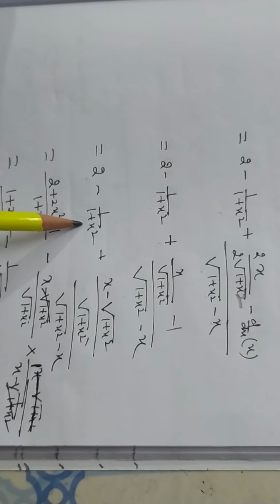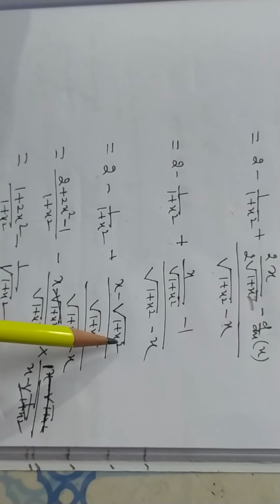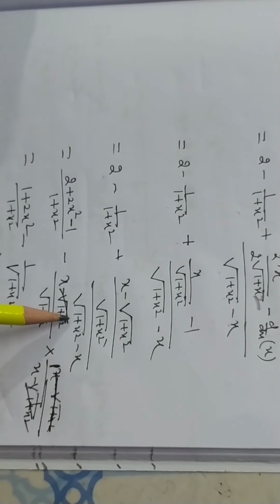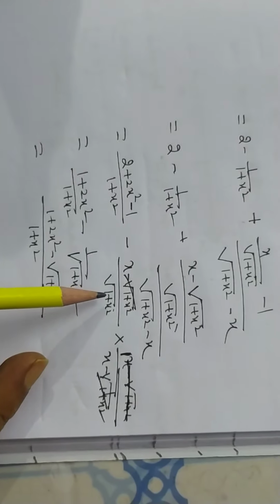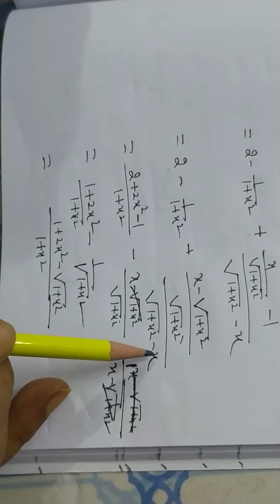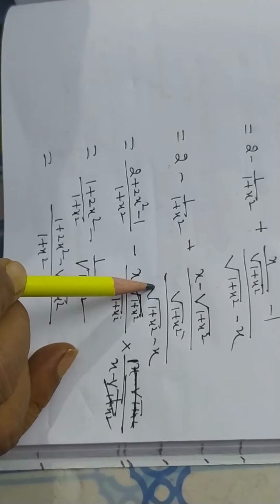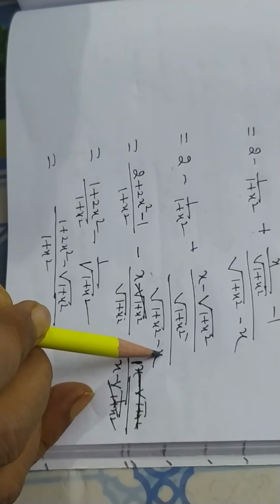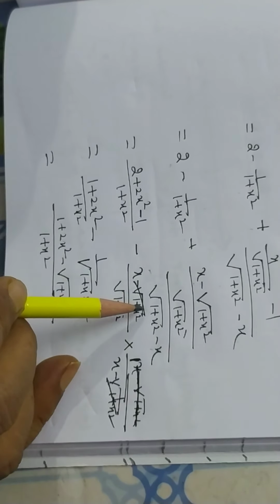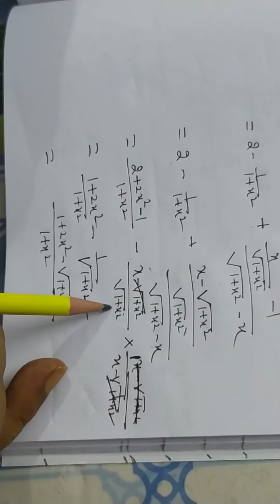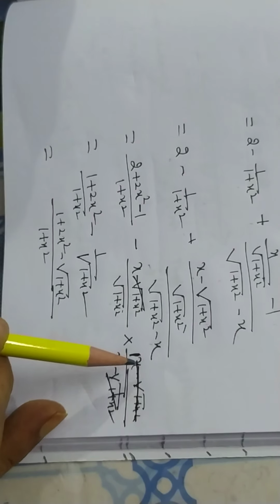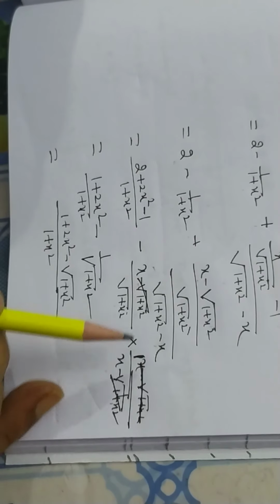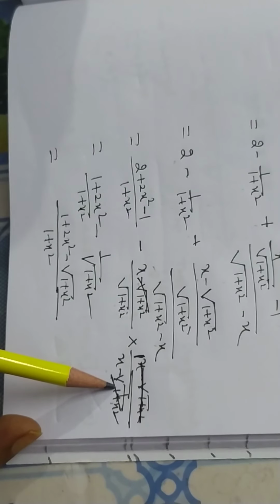2 minus 1 plus x square. And after solving we have x minus root over 1 plus x square divided by root over 1 plus x square, and divided by root over 1 plus x square minus x. What do you observe? If you take common minus, then it will be minus x minus root over 1 plus x square, and here is also x minus root over 1 plus x square. So x minus root over 1 plus x square by root 1 plus x square, and after taking reciprocal of this it will be x minus root over 1 plus x square, and both are equal, so it cancels.